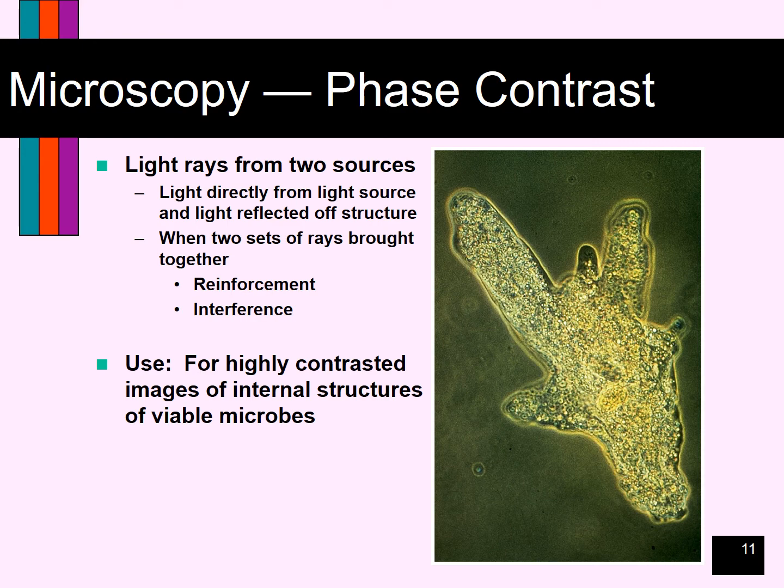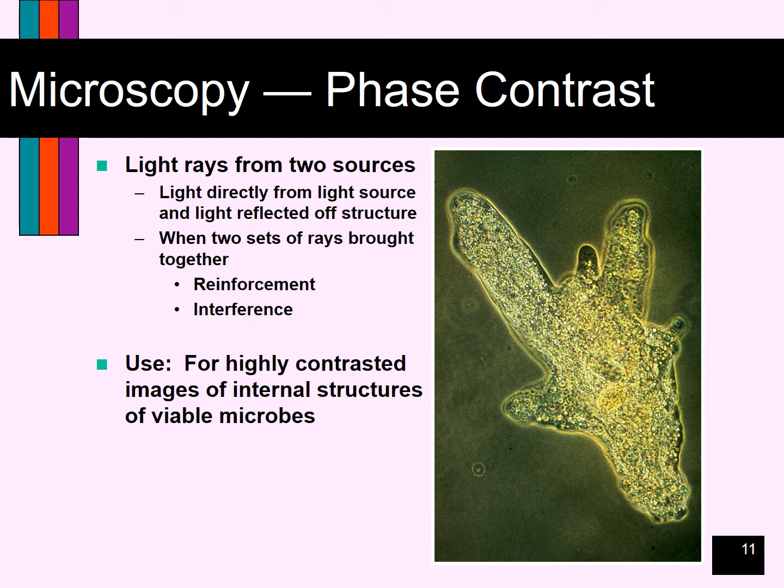And what happens when you have these really bright parts of the image and really dark parts of the image is that you get a very highly contrasted image of internal structures. And so with the amoeba right here, using phase contrast, we're seeing a very highly contrasted image, and we're seeing a lot of definition